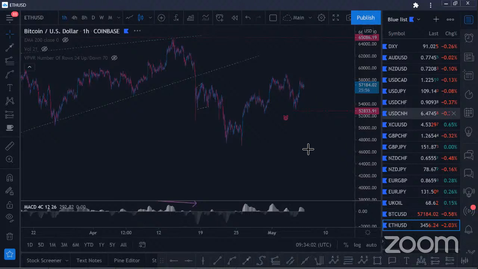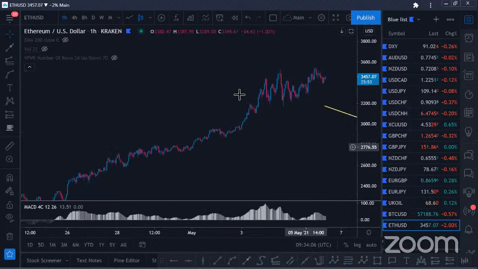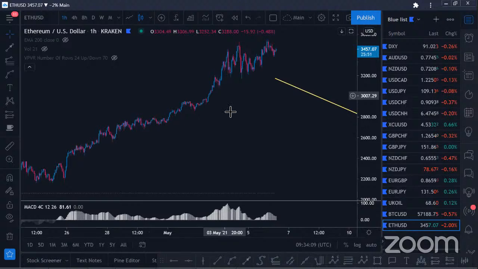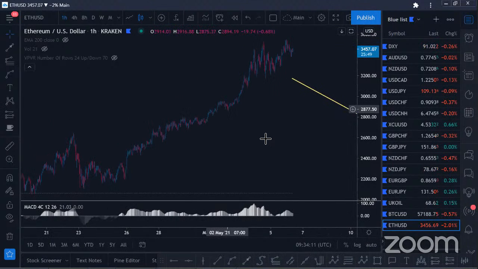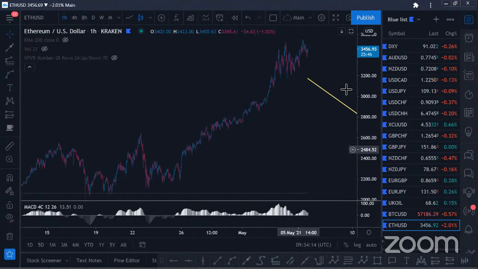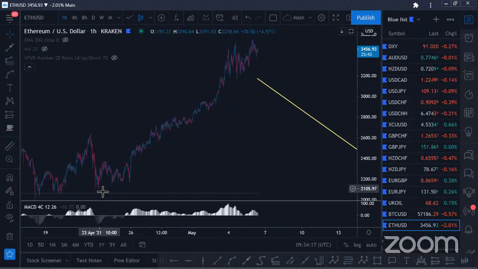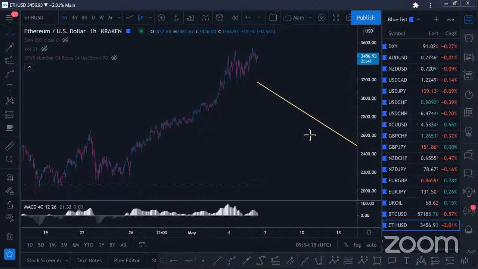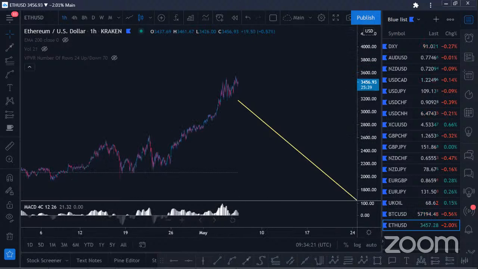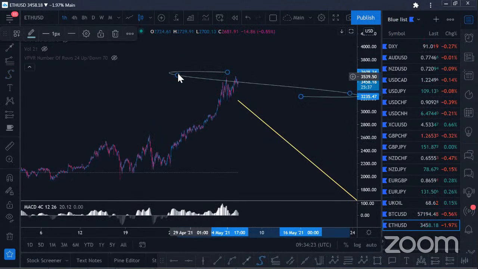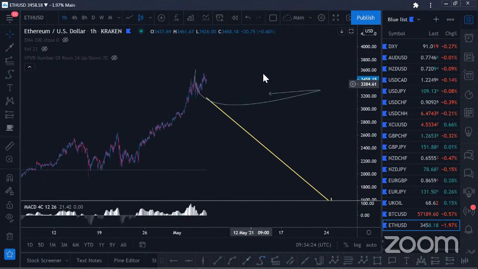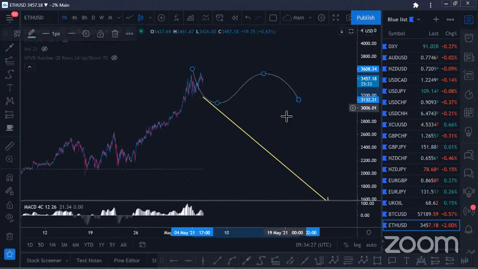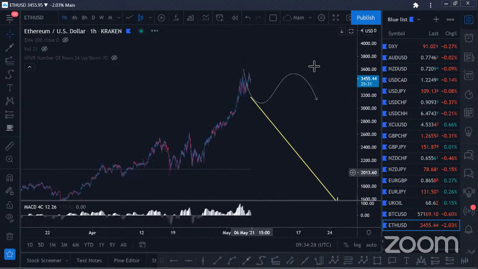And then Ethereum, obviously making new highs, but kind of losing momentum in this region as well. So you just need to be really cautious. A big move Ethereum's made from these lows at 2100. So you really just need to be cautious as to what's developing here. At the very least, you need to see a long drawn out corrective structure here. So I'd be inclined to take some profits in Ethereum and wait for confirmation of another leg higher before committing